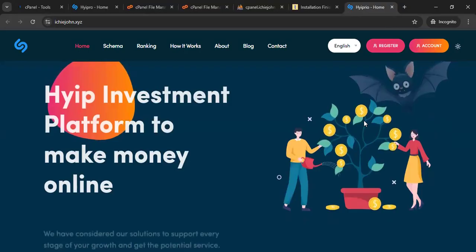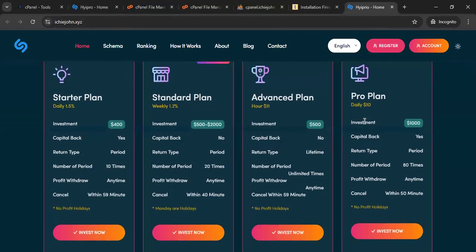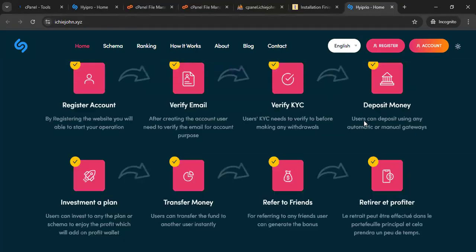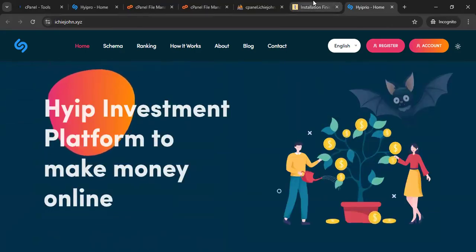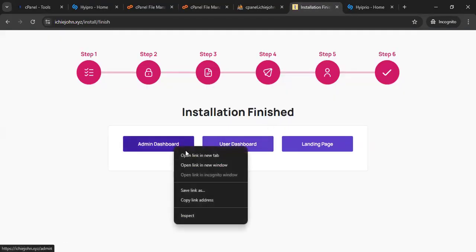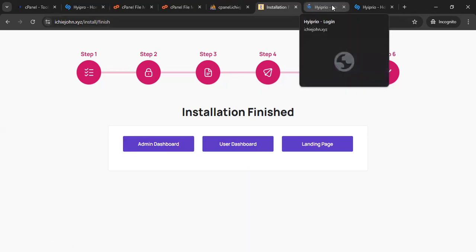You can see here, this is the script, which is the investment platform, which you can use to run your business. So you're into trading and the rest, you want to offer your customers investment opportunity when they trade with you, then this is the platform for you to use. This is a script for you to use. So now we're going to open link a new tab,